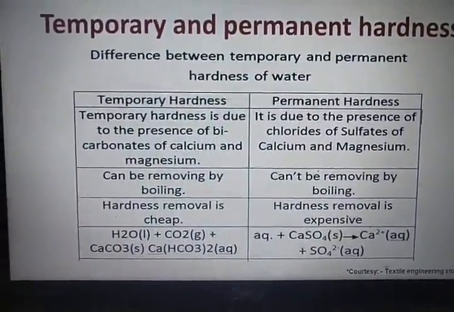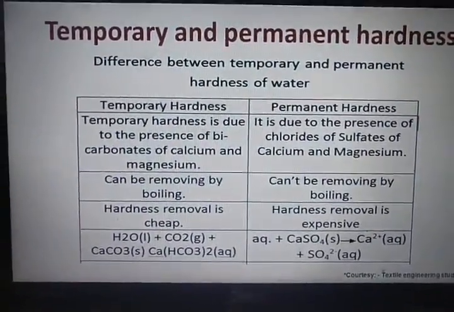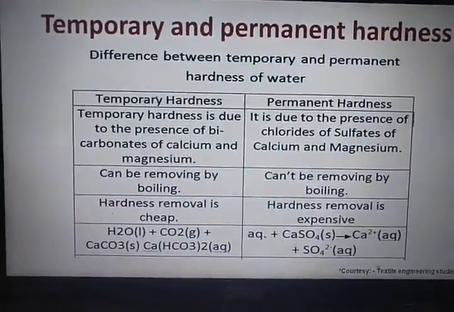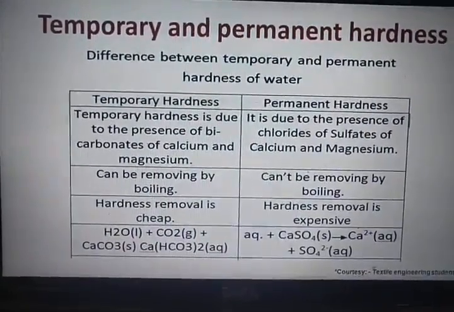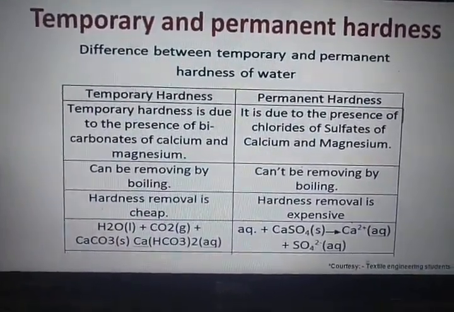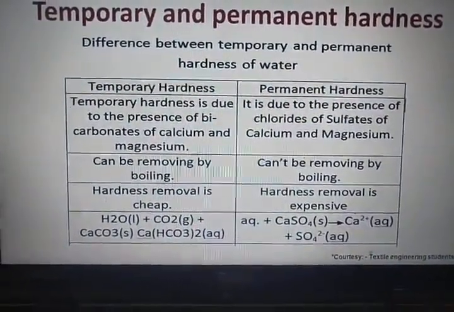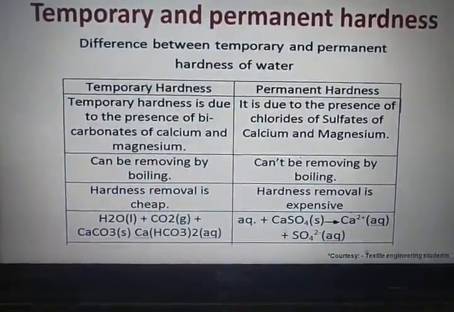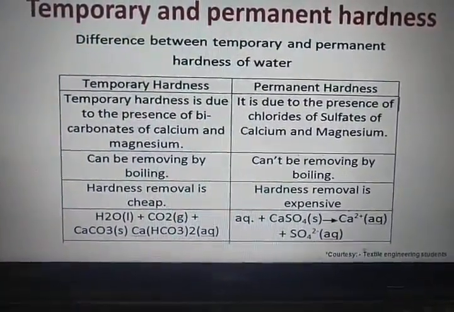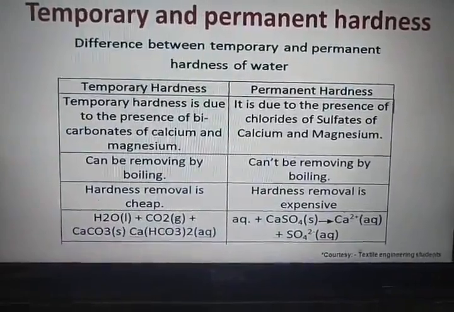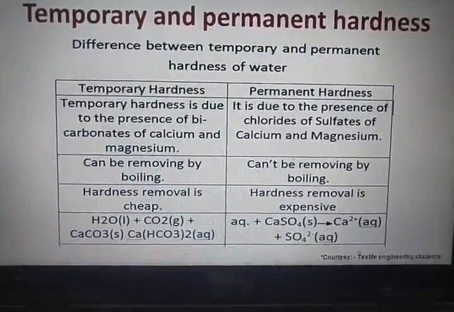Then we have something called temporary and permanent hardness. This hardness is usually classified into two types, that is temporary hardness and permanent hardness. Sometimes it is also called carbonate hardness and non-carbonate hardness. So temporary hardness is caused due to the presence of